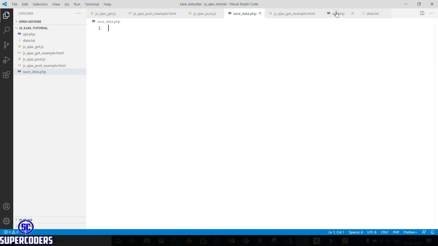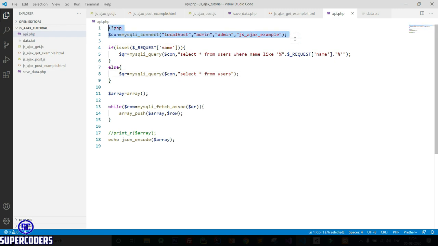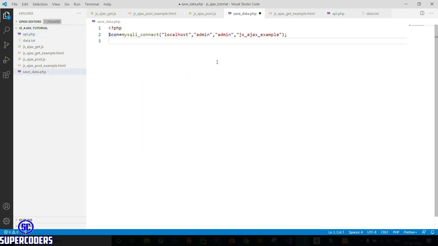Now here again copy this query. So $qr equal to mysqli query $con, insert into users, or you can copy the SQL query.